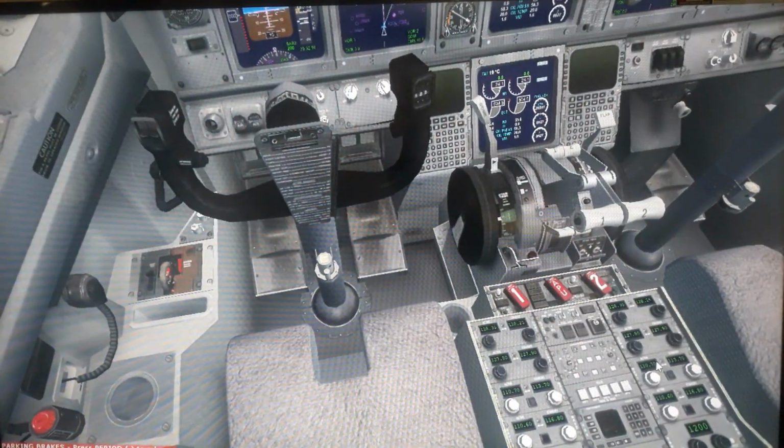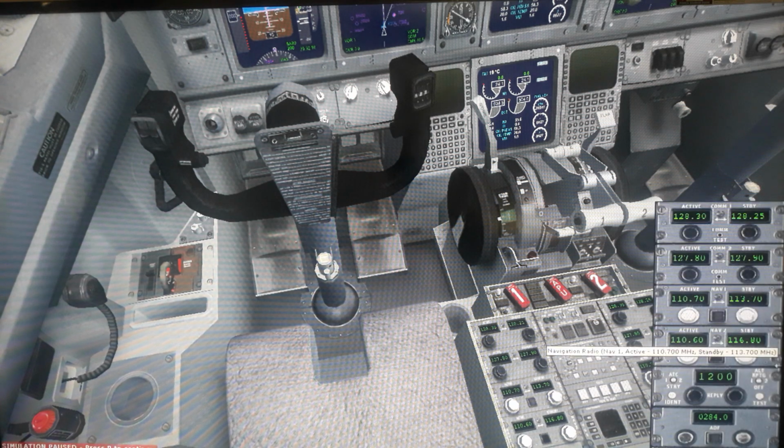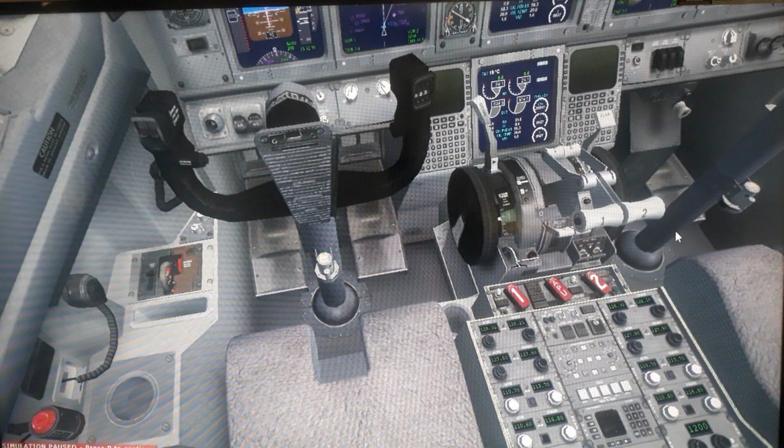Here, this is the radio stack, and if you want to see, this is the radio stack. This one where we put in 110.70 here. Okay, and this is the tiller.